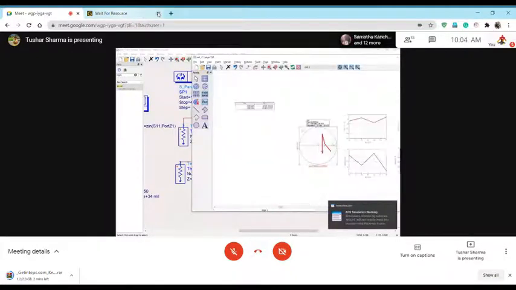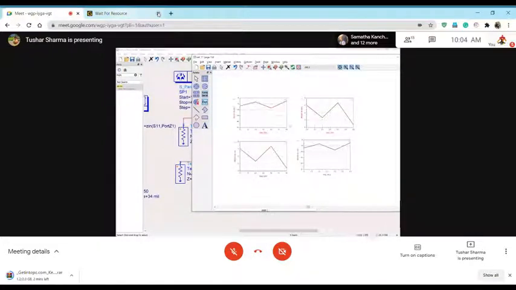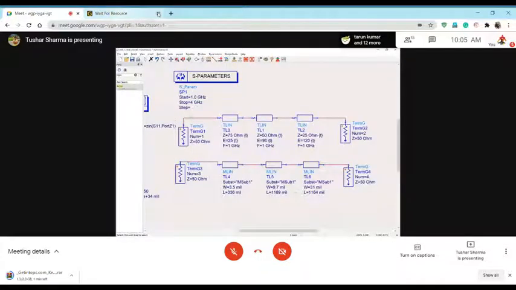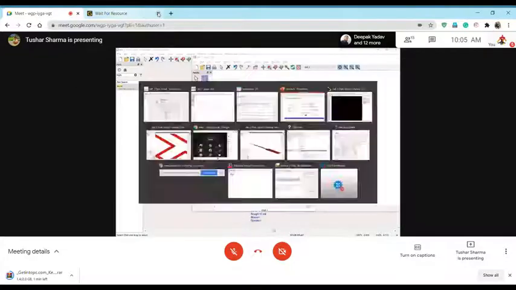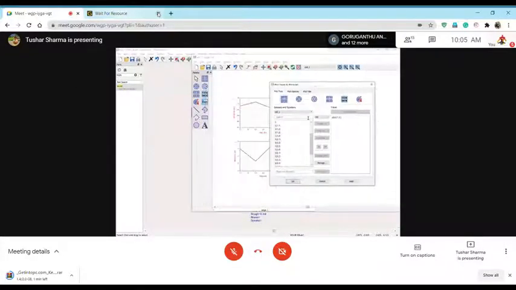Okay, so see this is S11, S21, S12, and S22. I will also place S33. Technically, as I was explaining earlier, this and this is same, but this is real, right? This has the substrate effect into it. Okay, so what do you guys think? When I put S11 and S33, will they be same or not?